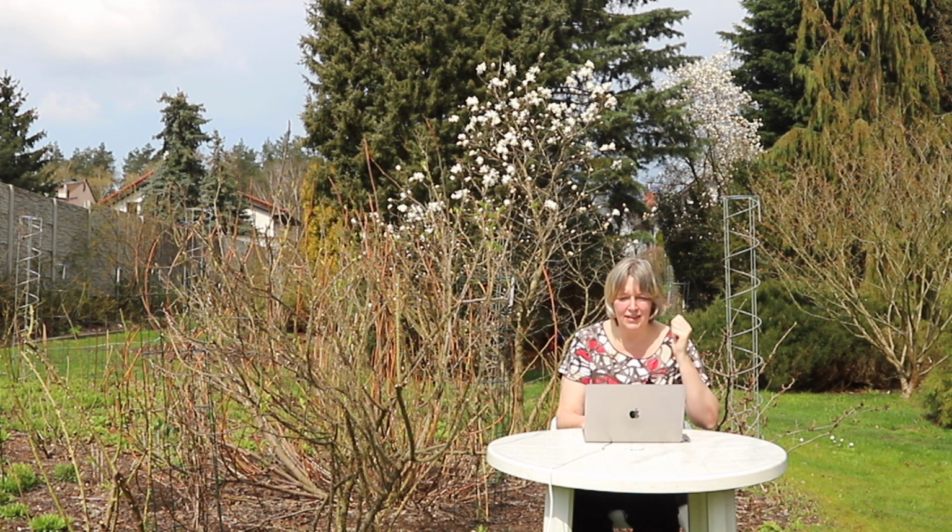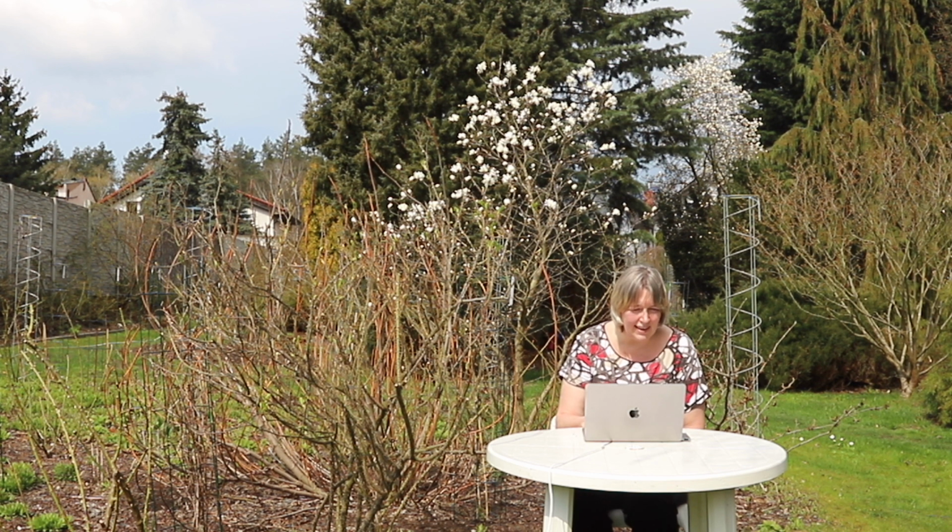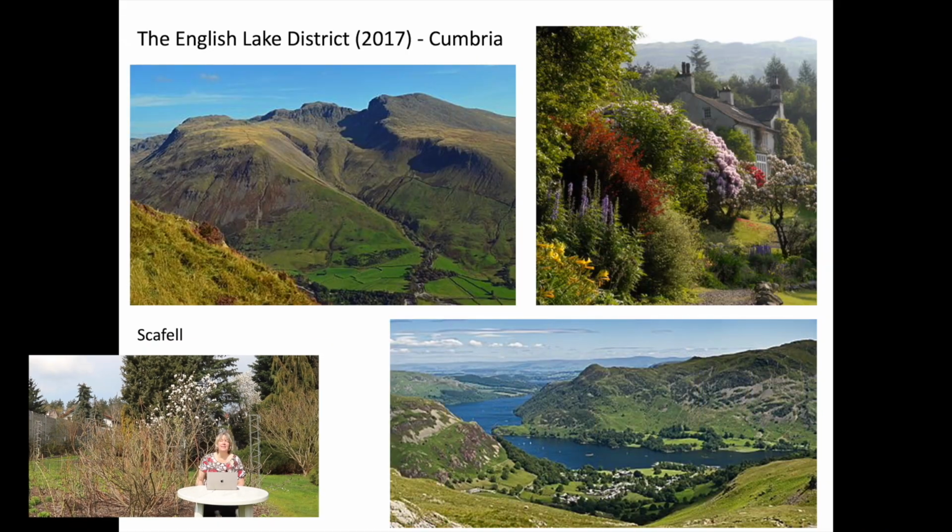So definitely Liverpool, and especially the Maritime Mercantile City, got UNESCO status. Next one is nature and culture combined, and this is the English Lake District. In the county of Cumbria, the Lake District with the natural beauty, including the lakes, the national parks, we mentioned them already, and the highest mountain in England,